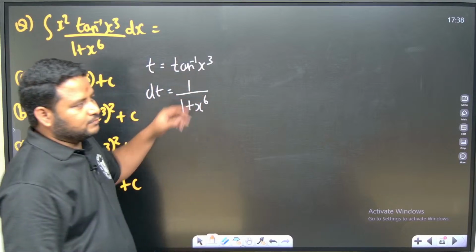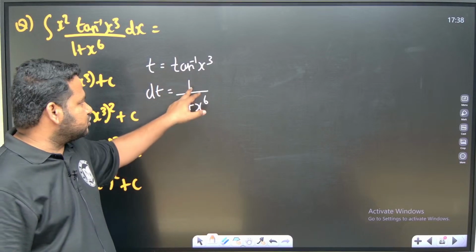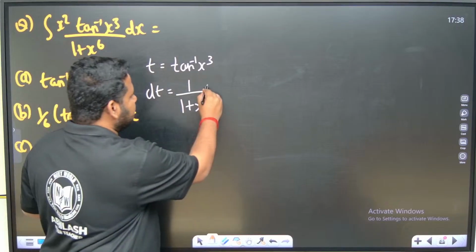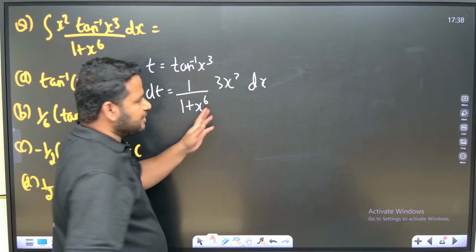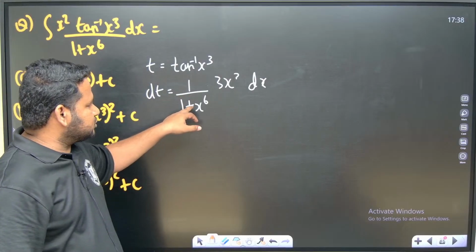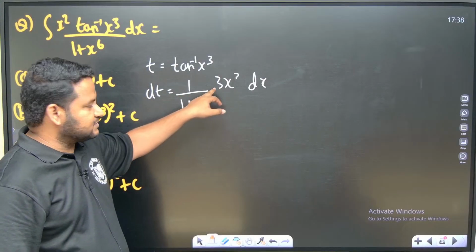So x cube is also there, so if I differentiate, this will become what? Into 3x square dx. So what we have? 1 by x to the power of 6, 1 by 1 plus x to the power of 6 into 3x